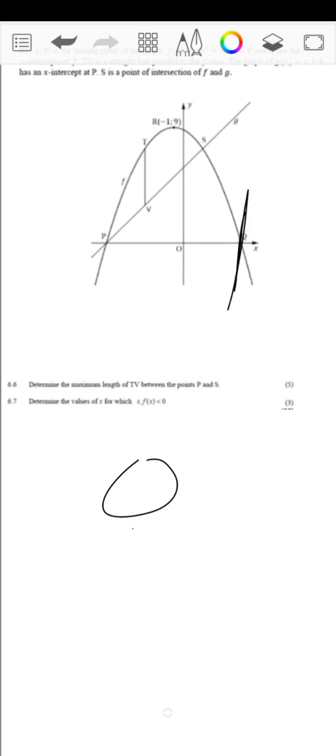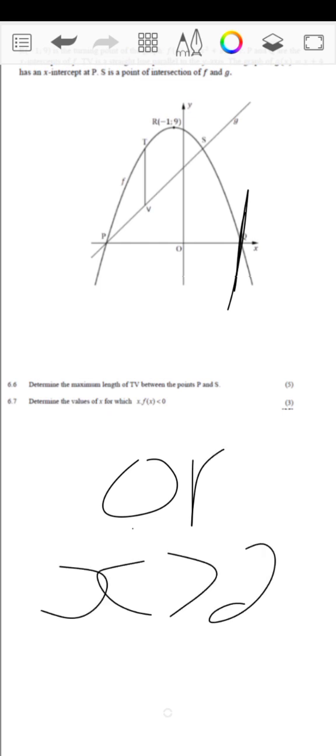So our solution will be as follows. I'm going to say or x is greater than 2. Now remember 2, we got it on the previous video as the